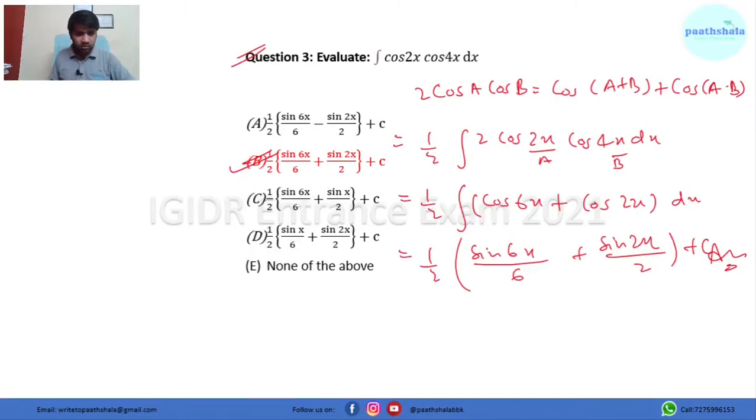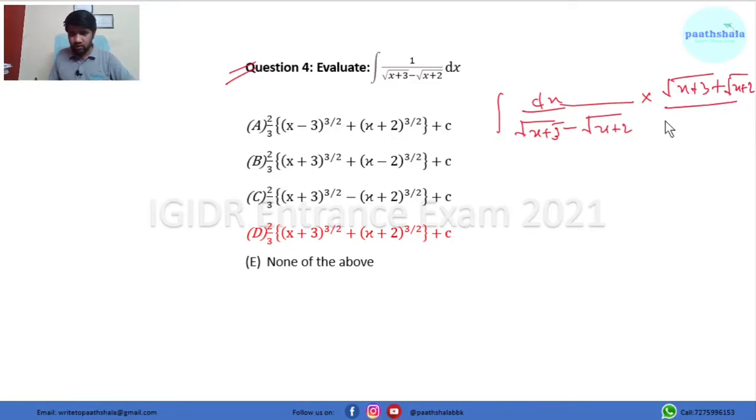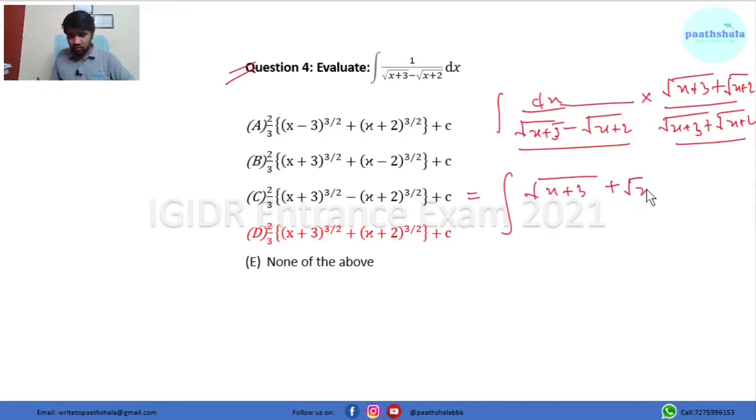Okay. Now let's move to the next question, that is question number 4. So to solve this question, we are going to multiply by conjugate. So this is integral 1 upon under root x plus 3 plus root x plus 2. So conjugate of this will come out to be root x plus 3 minus root x plus 2, divided by root x plus 3 minus root x plus 2. So in denominator, you can see that a minus b and a plus b. So this will become under root x plus 3 minus root x plus 2 dx,